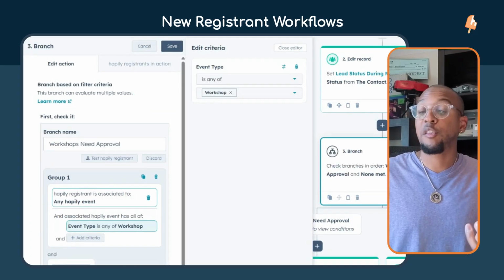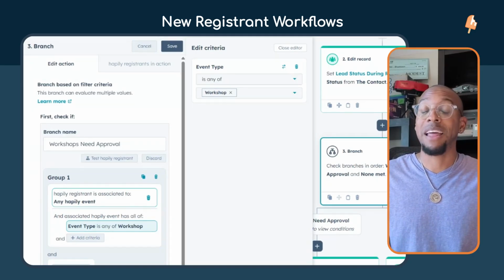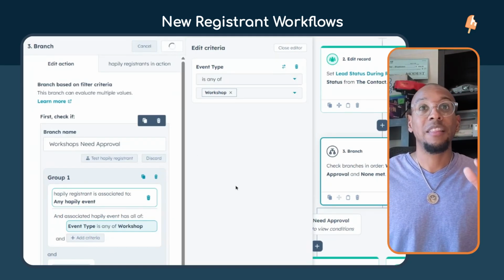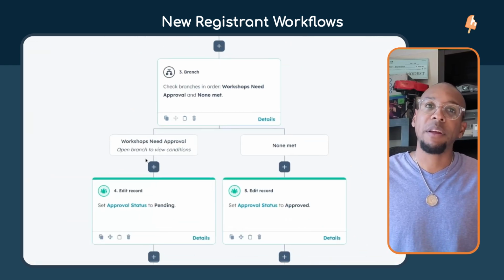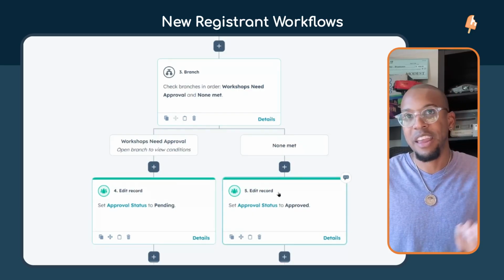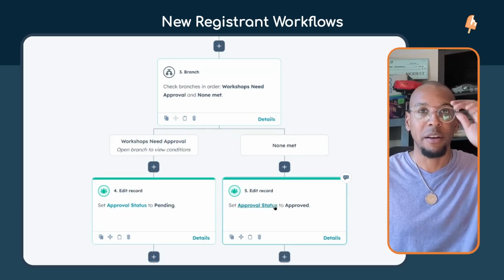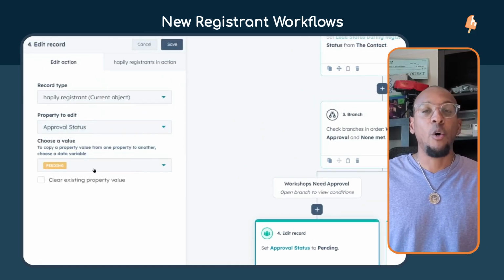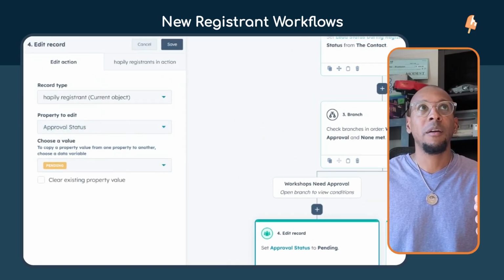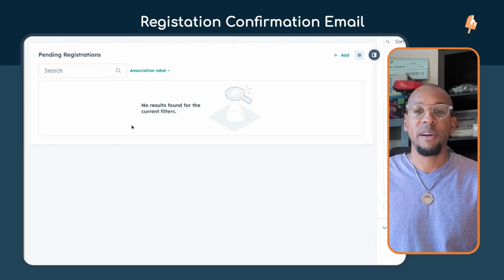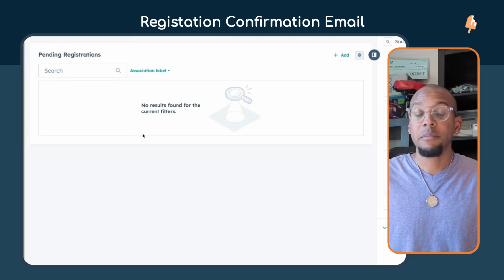If the registrant is associated to an event, meaning they signed up for the event that is a workshop, now we're going to do this split. And in this split, we're editing that property for the approval status. We're going to set them to pending if it is a workshop. All the other events, they can get right approved, come on in, have some fun. Now, with this status setting to pending, it's only going to show up in our middle area, which I'll show right here. That means they're going to show up in the pending registration section,